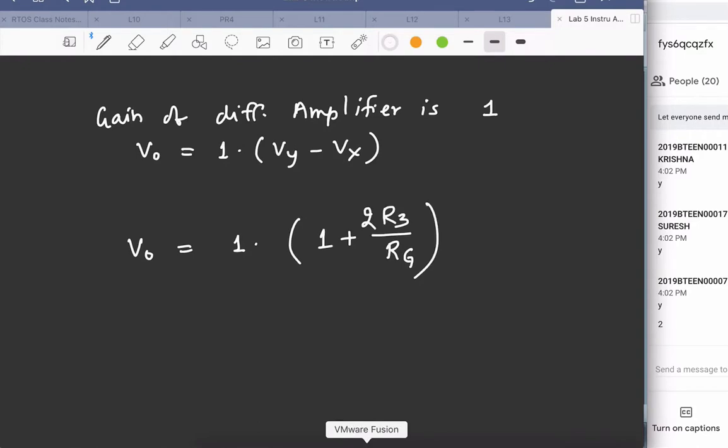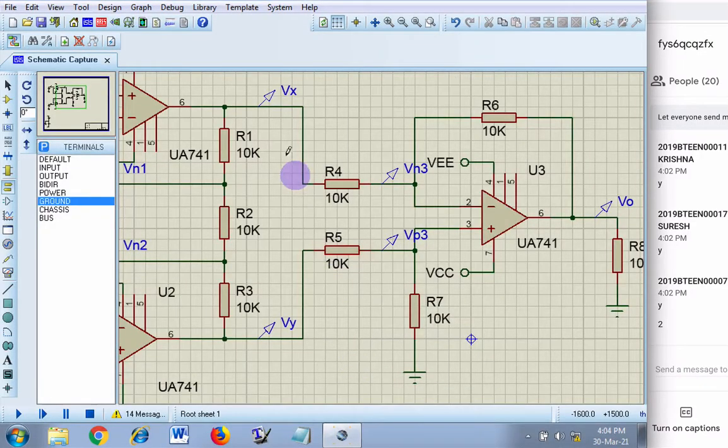In our case, R3 is here, 10K and 10K, both are actually R3, and Rg is R2. So here it will be 1 into 1 plus twice into 10K divided by 10K. So it will be how much? So 3, right? So gain is 3.